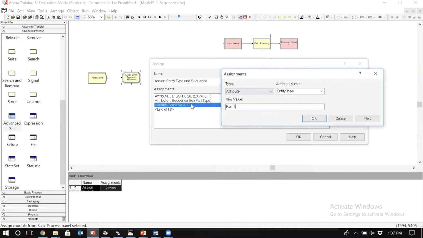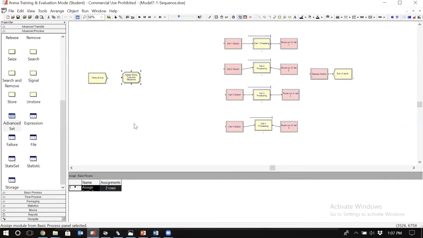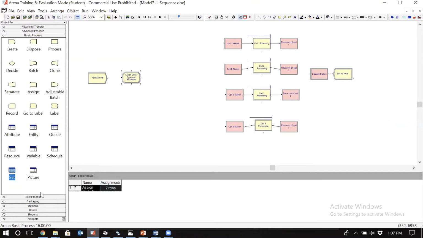We are going to define a set of these entity types, and then all I need to do here is to refer to that set and just say which element or which member of that set you have to look at. Is it going to be the first element of that set, or the second element, or the third? Okay, so what I'm going to do then is go back to the basic process